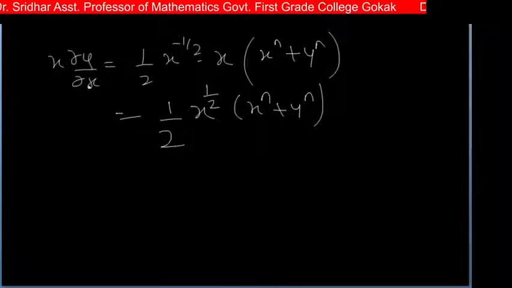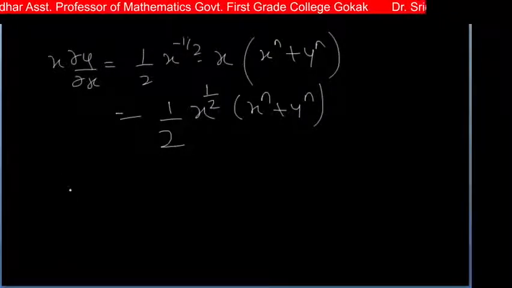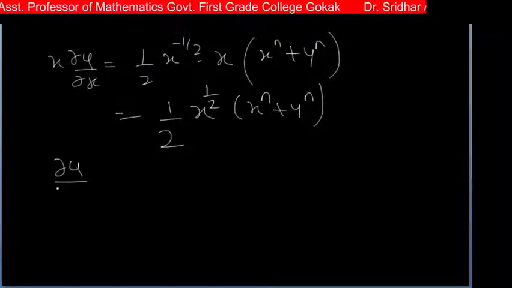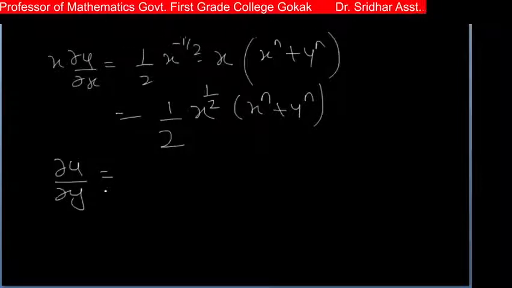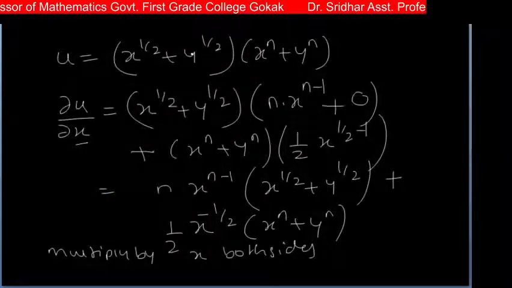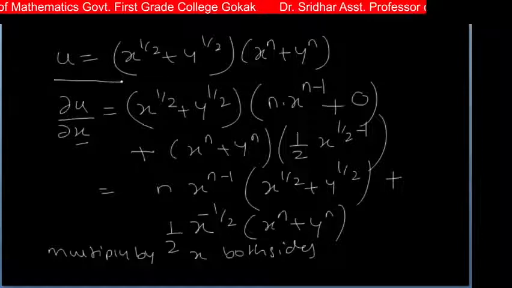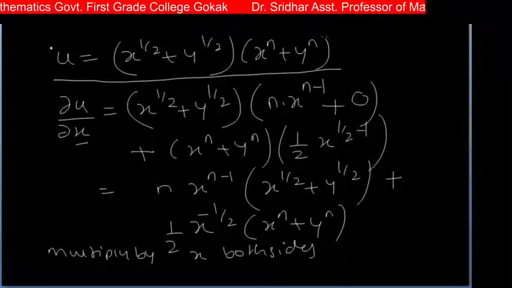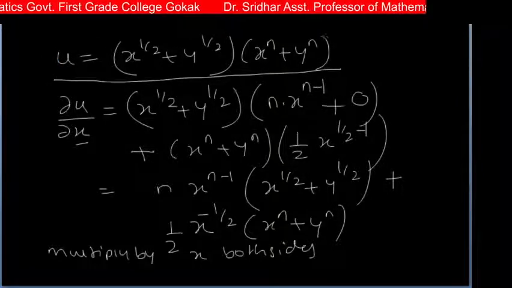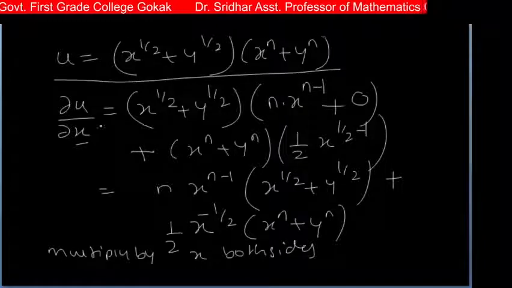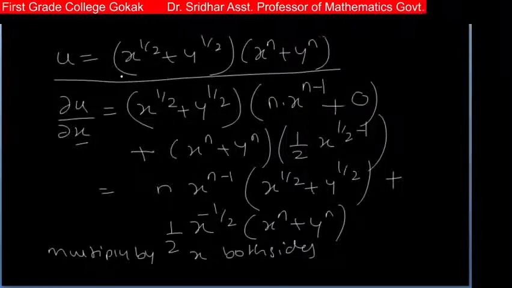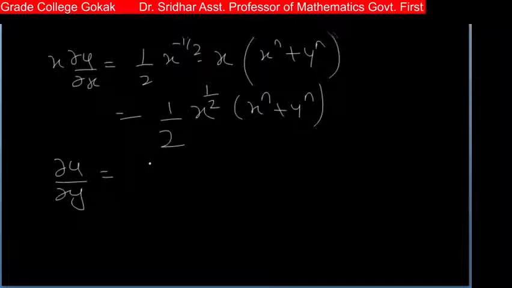So this is x ∂u/∂x. Next we differentiate ∂u/∂y, partially with respect to y. Okay, so this is u, right? Now we differentiate this u partially with respect to y, so keeping x constant. So first function as it is,